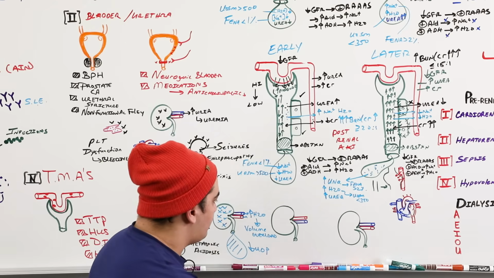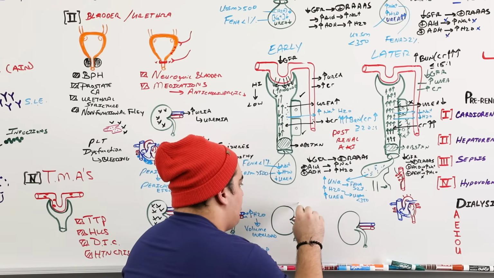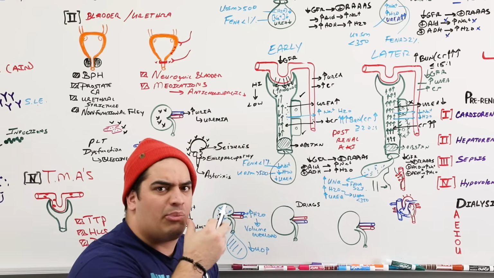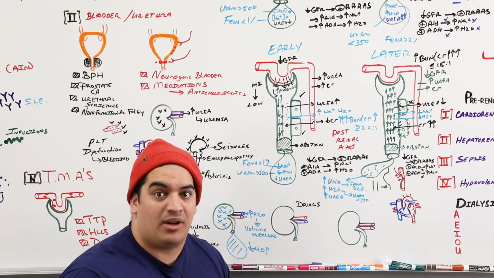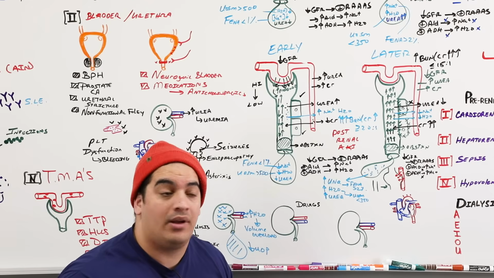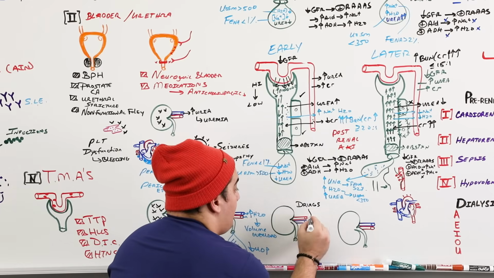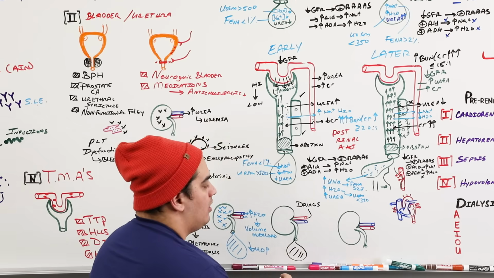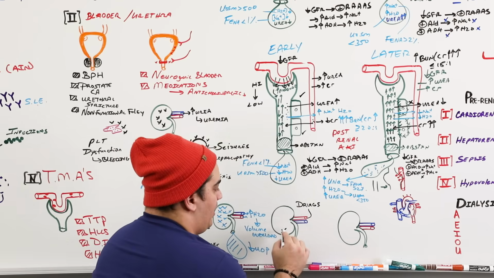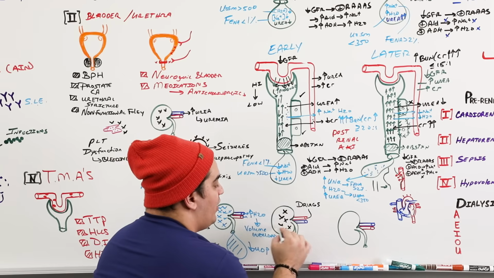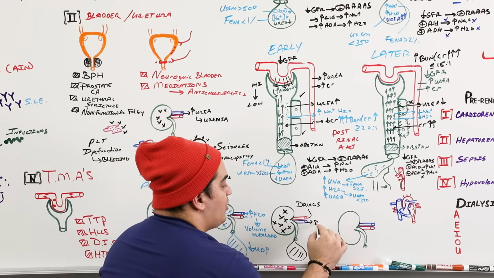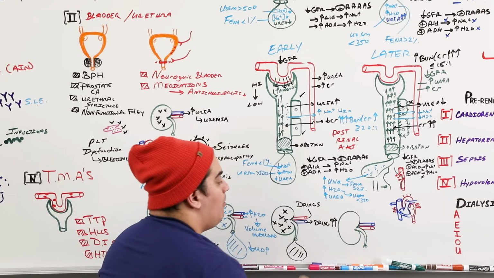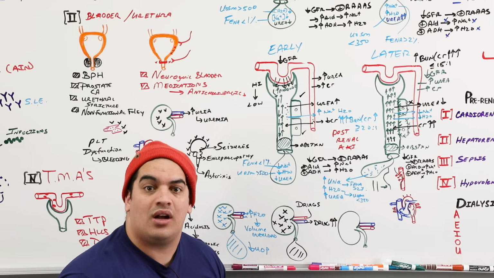What else? I'm glad you asked. Drugs. A lot of drugs are actually renally excreted. They're excreted primarily in the proximal convoluted tubule. It's an active process, but if the proximal convoluted tubular cells are jacked up and they're not able to take these drugs and excrete them into the urine, what happens? Well, they're not excreted because the kidneys aren't working well to excrete those drugs. And so what happens to the actual drug concentration in the body? It increases. Oh my gosh. What happens if the drug concentration increases?